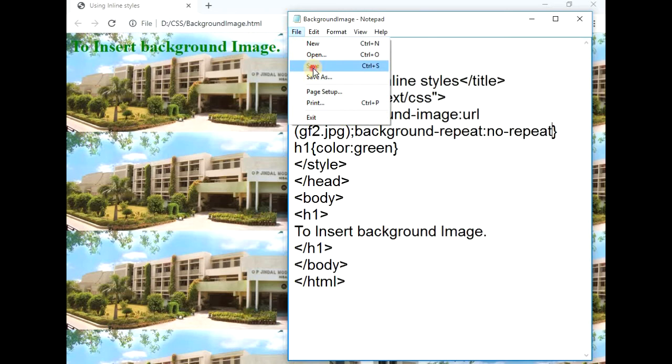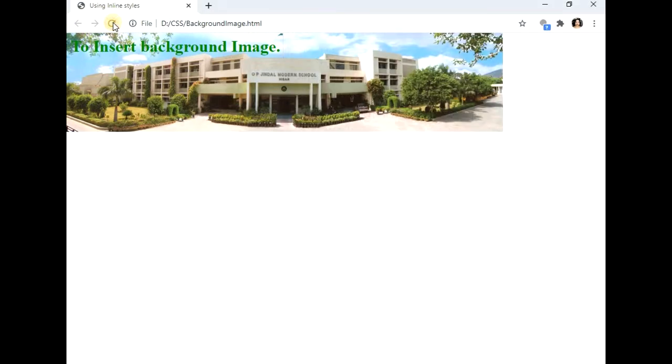File, save, refresh. Now there is only one image.